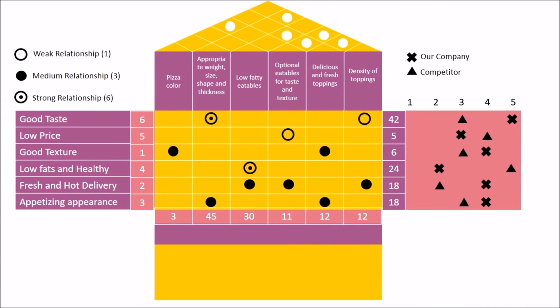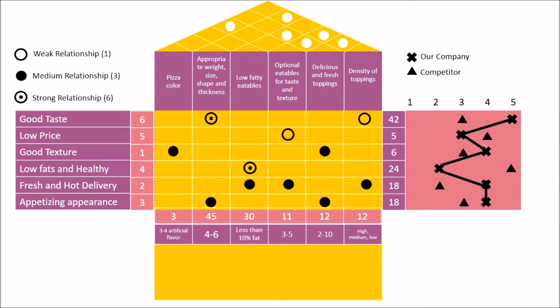So in all the crosses, which is our company's performance, represented by the cross, we're going to join all the crosses. So this is what we basically do in competitive assessment. Now we move on to this bar here, which is going to relate our targets, include our targets. Okay, for pizza color,